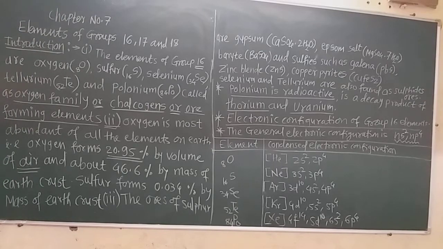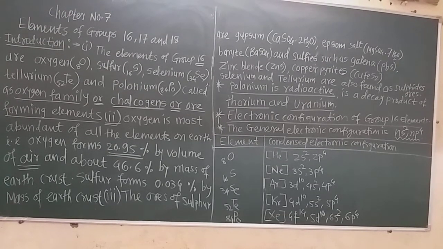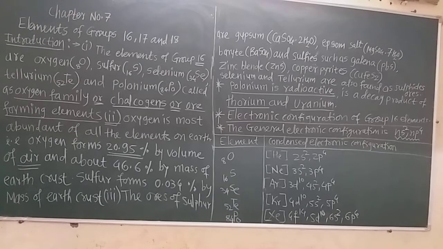Now polonium is the decay product. Decay means the disintegration product of thorium and uranium, which are found naturally. But after decay or disintegration, you know, in 11th standard in nuclear chemistry we already saw there is the half-life period for radioactive elements, and after some period only half of the portion of that remains, and that half portion may be a different element or may be the same.